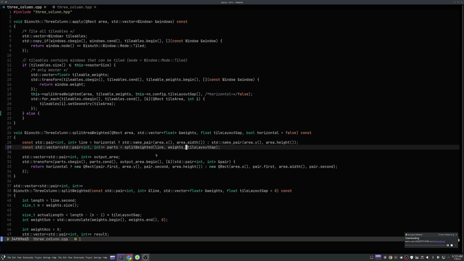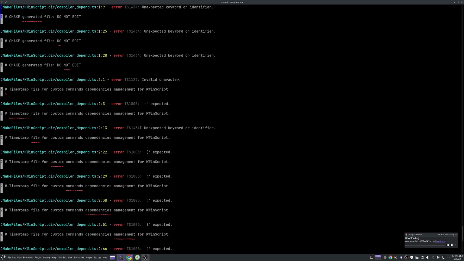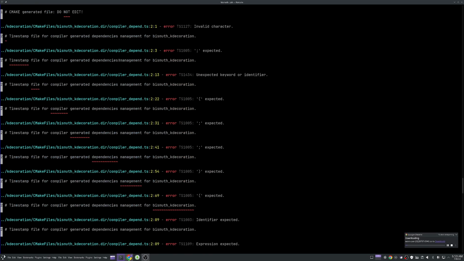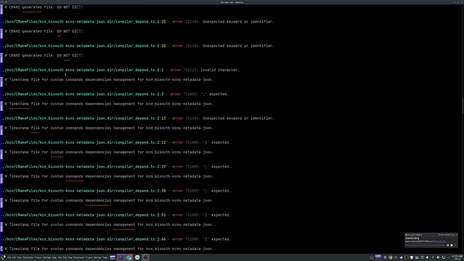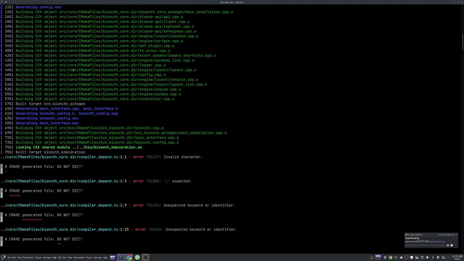So, what we can do today is start building this code and try to fix things. By the way, what I want to do first is there are a few errors over here. So these are just CMake files, right? Compiler depend timestamp file, for compiler generated dependencies management for KDE, expected this. So it looks like something is going wrong somewhere else. Invalid character, CMake generated file, do not edit. Right? So this is generated by CMake. Compiler depend.ts